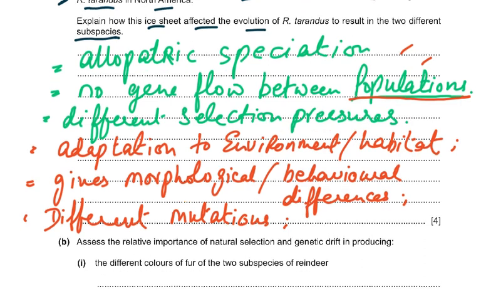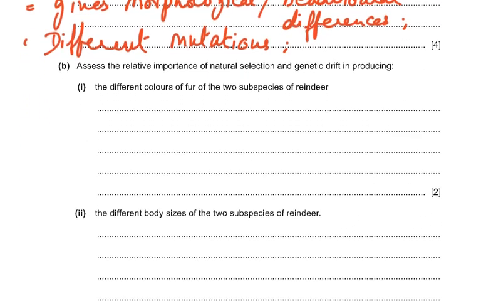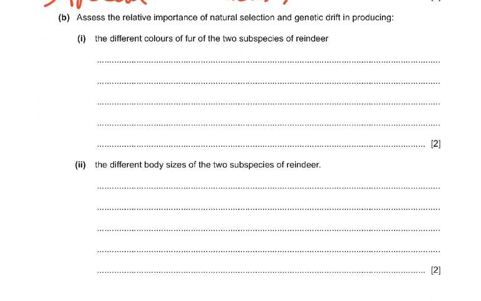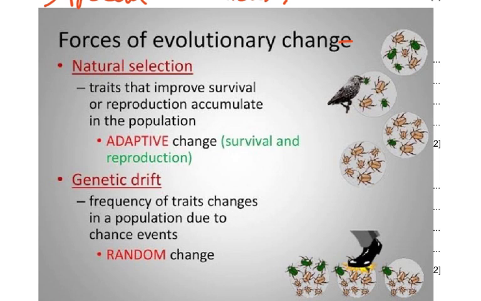Then we come on to the B part of the question. Assess the relative importance of natural selection and genetic drift in producing, number one, the different colors of fur of the two subspecies of reindeer, and number two, the different body sizes of the two subspecies of reindeer. First, let's look at the definitions of natural selection